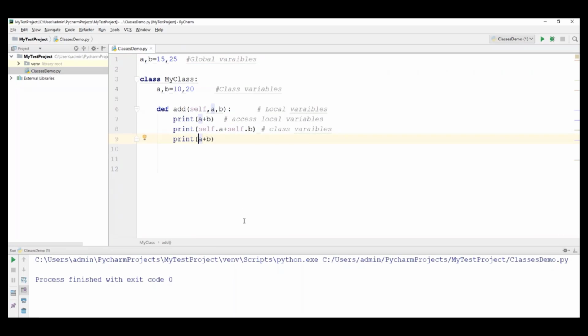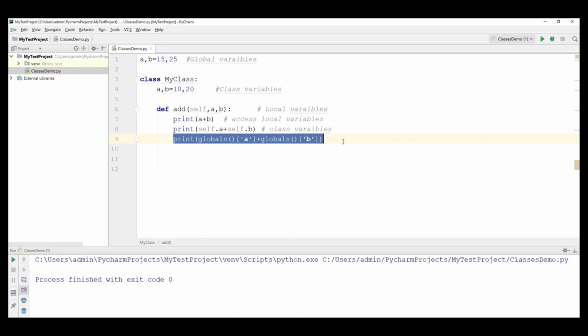So here we have to use one more keyword called globals. globals of, and this a we have to put in square brackets like this, in single quotes. Similarly here also we need to use the same function called globals, and then put this b in single quotes like this. This is an additional notation we have to follow if global and local variable names are exactly the same.